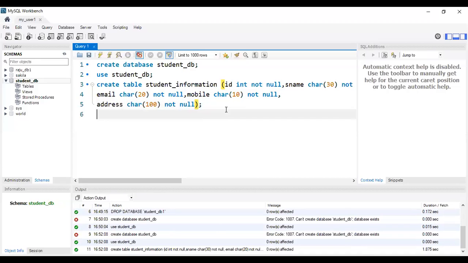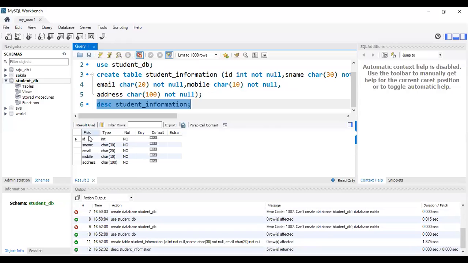Now you can see the description of table student_information. If you execute this, see here. The fields are ID, student name, email ID, mobile, address. So all the values should not be null. All the values are compulsory.